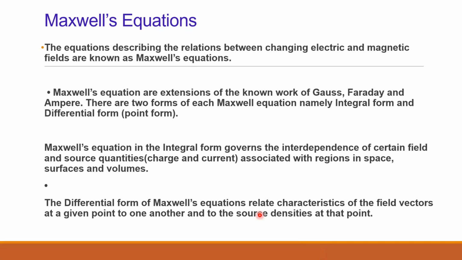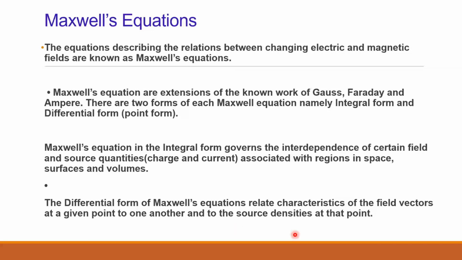So in integral form we only represent the sources, currents and charges which are present in space, volume and surfaces. And in differential form we represent actual fields like H bar, E bar. These fields we relate with flux densities or other densities in different fields. So these are the four major points we have discussed.